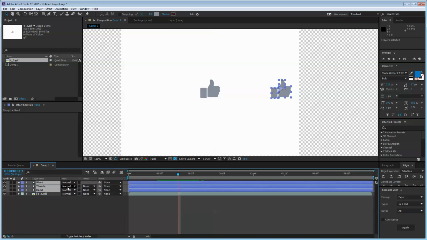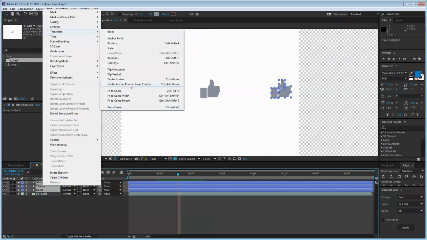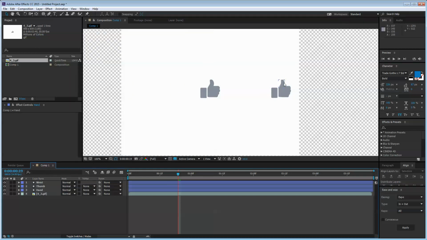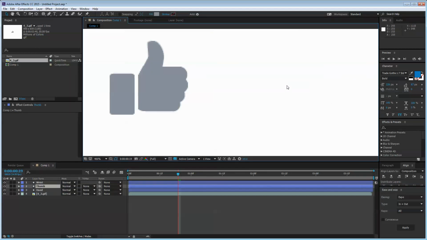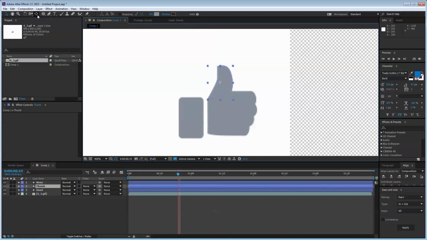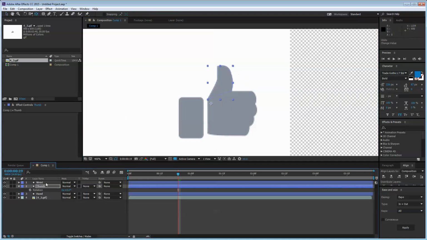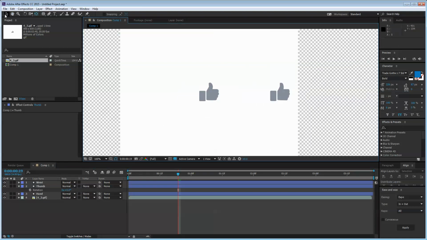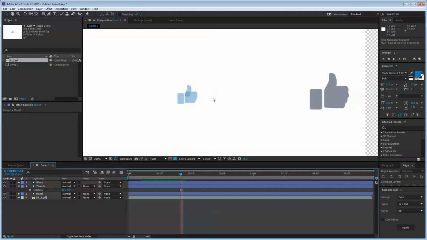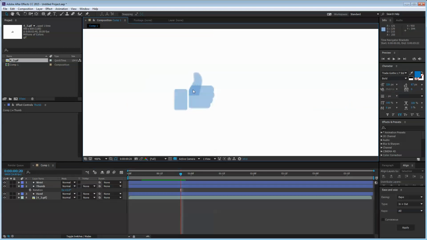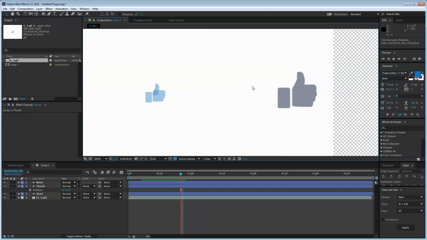I lied. Let's center our anchor points on here. So transform, center anchor points. So now they all have their own anchor points centered. We know we're going to move this down to here. So, I mean, where we had our thumb. So when we rotate it, it'll come down. I'm trying to figure out the best way to do this because I want that thumb to go down like that. The question is, you can see how he's got a separate element for the thumb too. Sorry, I said he. I assume it's a boy, but